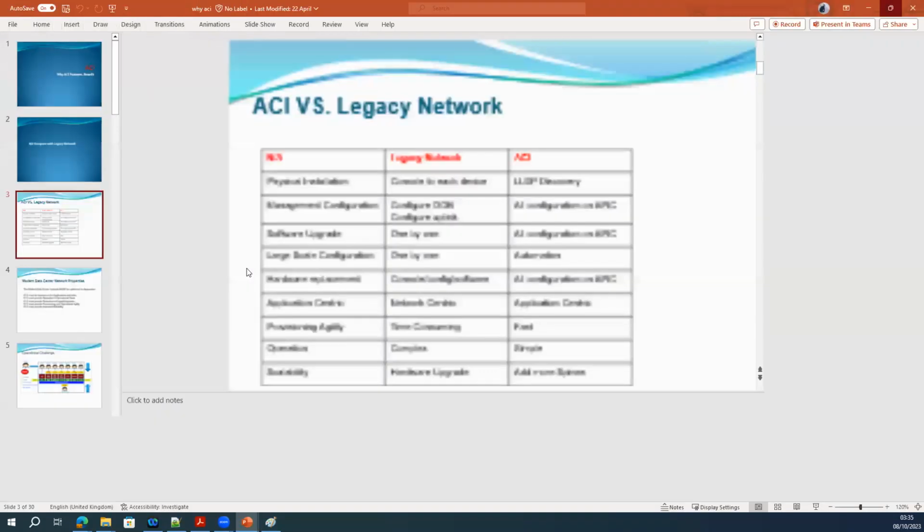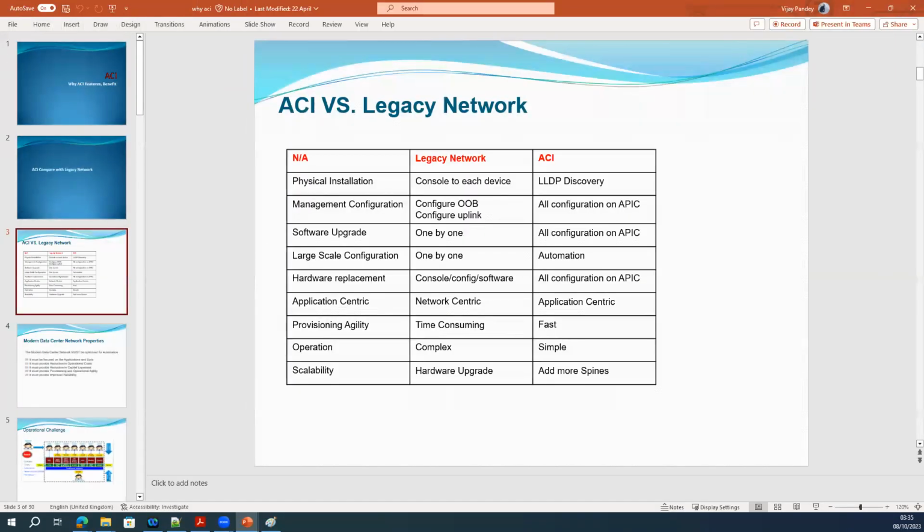What are the day-to-day challenges we get in a legacy network? The first challenge is physical installation. When you bring 10 or 15 devices, how do you install them in the data center and how do you configure them?